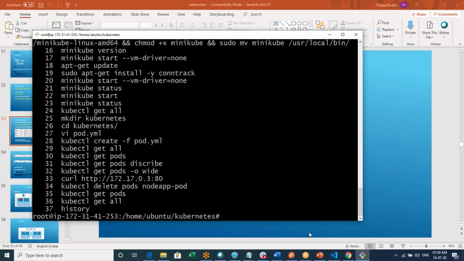Because inside a pod, inside a container, you are running it. So how to expose that outside? It's not the -p option. There is a concept called services. That's why I said I'll explain that later. We'll definitely do that, how to expose that outside and access it. That is a very important concept. You'll understand that later.